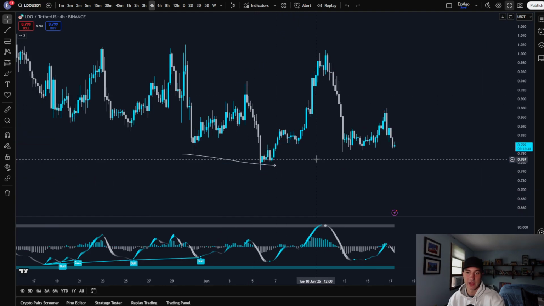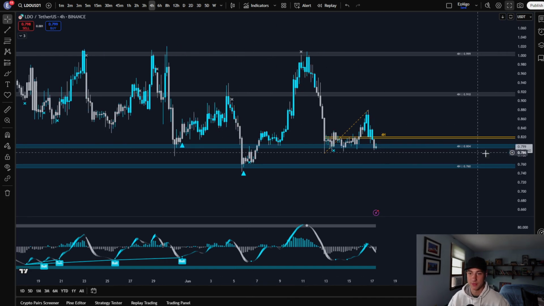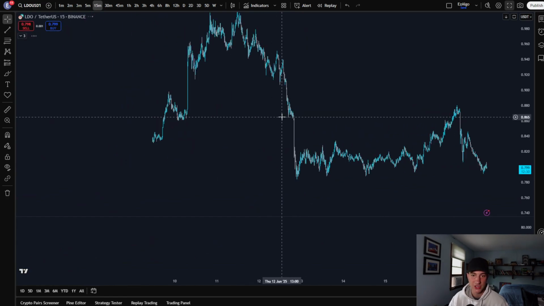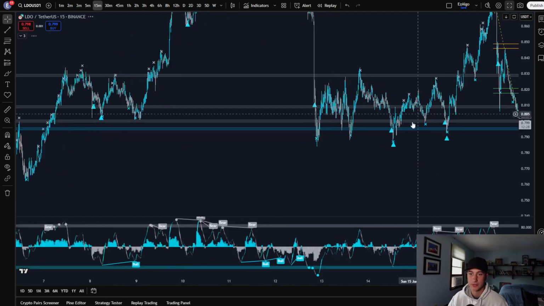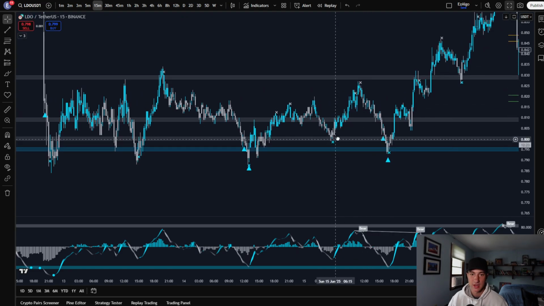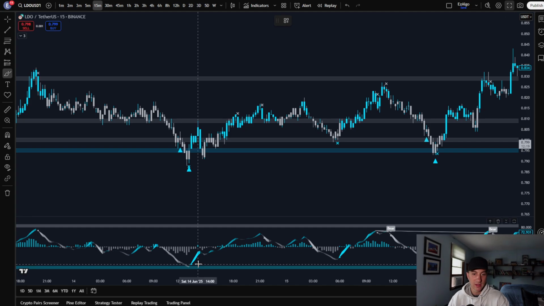So looking at LDO right here, I'll actually move that back. For another long position you could have taken, right? Price is at a key level, right? It's at a key support zone. We're seeing the oscillator flipping towards bullish here on a 4-hour time frame. Now, if you want to catch an entry on a lower time frame, you can drop to a 15-minute. Again, look for some of those bullish divergences. In this case, we don't really see any bullish divergences, but we do see that oscillator oversold here on the